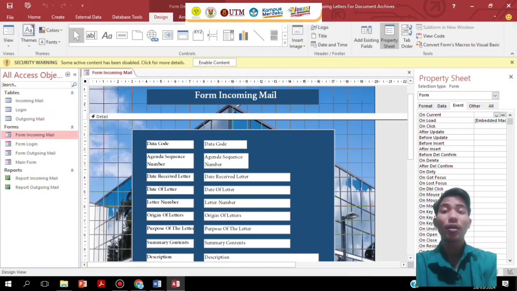Click Design View. Once you have accessed the incoming mail form, click on the Design View option. This will allow you to switch to the Design View of the form, where you can customize the layout. Fields in the incoming mail form: with the incoming mail form, you will find the following fields: agenda number, the number for incoming mail agenda, date received letter, the date the letter was received, date of letter,